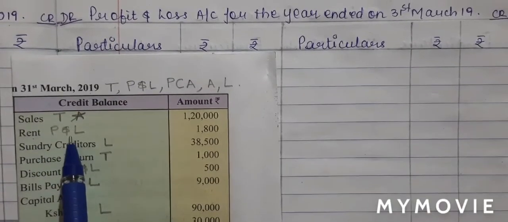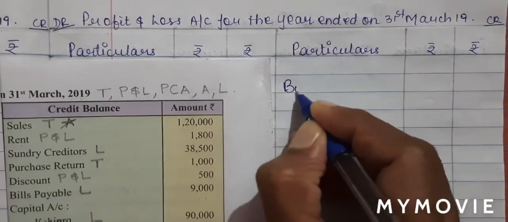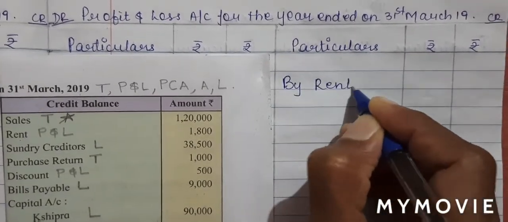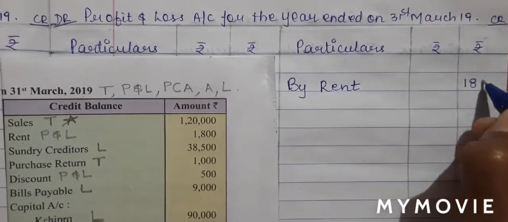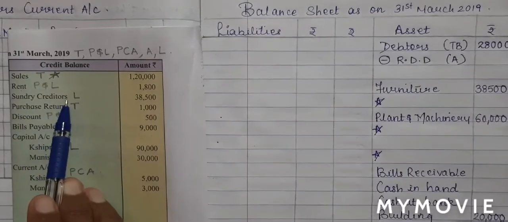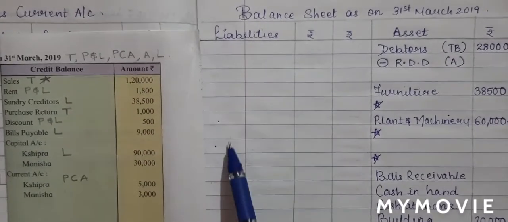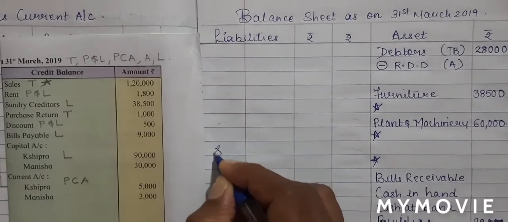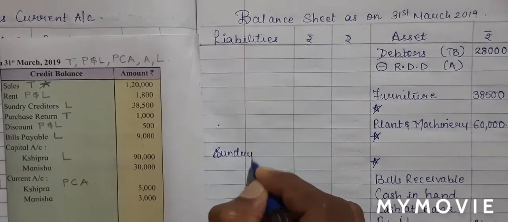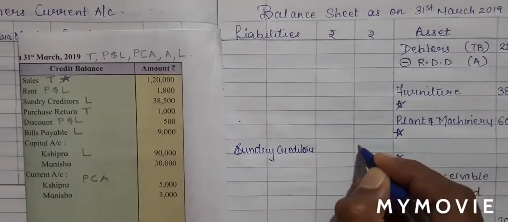Next is rent, which I'll write in my profit and loss account credit side. I will write by rent. There is no star, so outer column 1,800. Next is sundry creditors, which I'll write on my liability side. So on the liability side, I will leave around 5 to 6 lines and then I will write sundry creditors. There is no star, I'll write it in the outer column